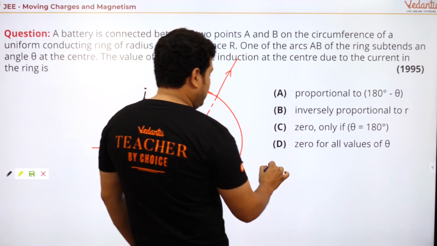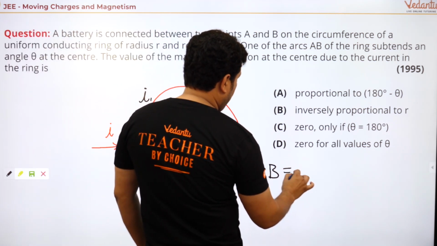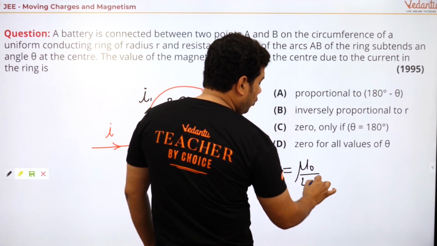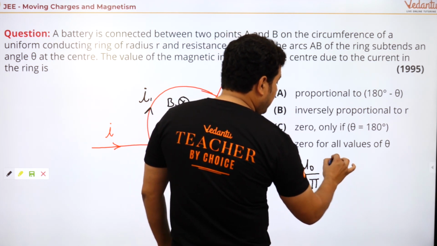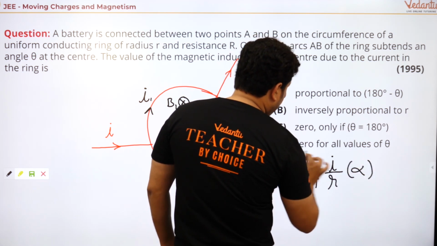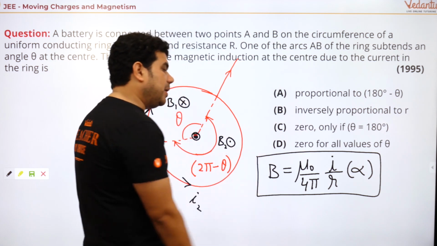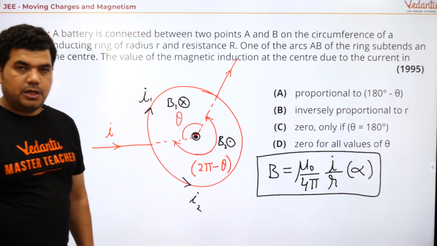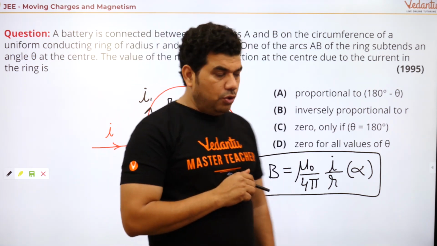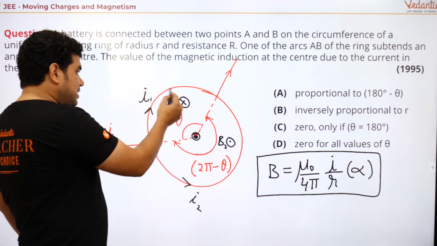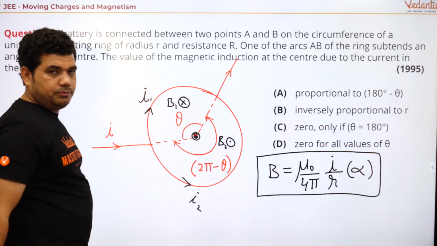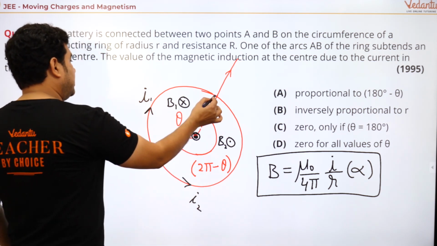So what is the magnetic field due to a single arc? The formula is B is equal to mu naught upon 4 pi I upon R into alpha, and that alpha should be in radian. अल्फा हमेशा रेडियन में होना चाहिए इस फॉर्मूले के लिए. सो नाउ अगर हम इस I1 को देखें, so this I1 will distribute here. Suppose this